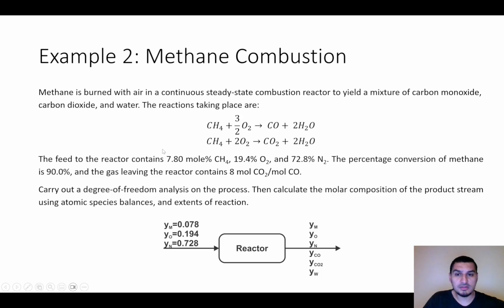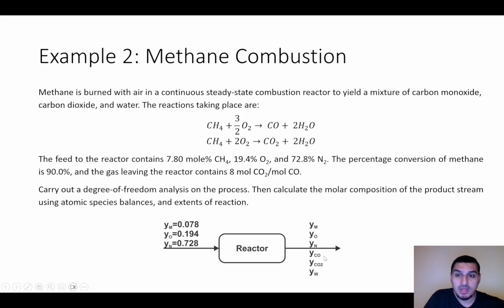The reactor feed contains 7.8 mole percent methane, 19.4 mole percent oxygen, and 72.8 mole percent nitrogen. So these are the mole fractions in the feed stream, and the conversion of methane is 90%. So this is one relation that we know. And the second is that the gas leaving the reactor contains 8 moles of carbon dioxide per mole of carbon monoxide. So this is an additional relation between the number of moles of carbon dioxide and carbon monoxide in the